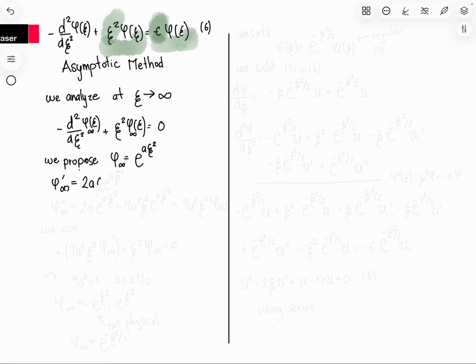We calculate the first derivative that goes like this, and the second derivative will give you two terms, right? Because every time that you derive an exponential that has a square there, it will give you a linear term. So you derive twice and you get this expression. We don't care about the explicit value of this. What we care about is the leading term, which goes like this, right? And we need that the leading term cancel in such a way that the equation can be fulfilled. So we ask